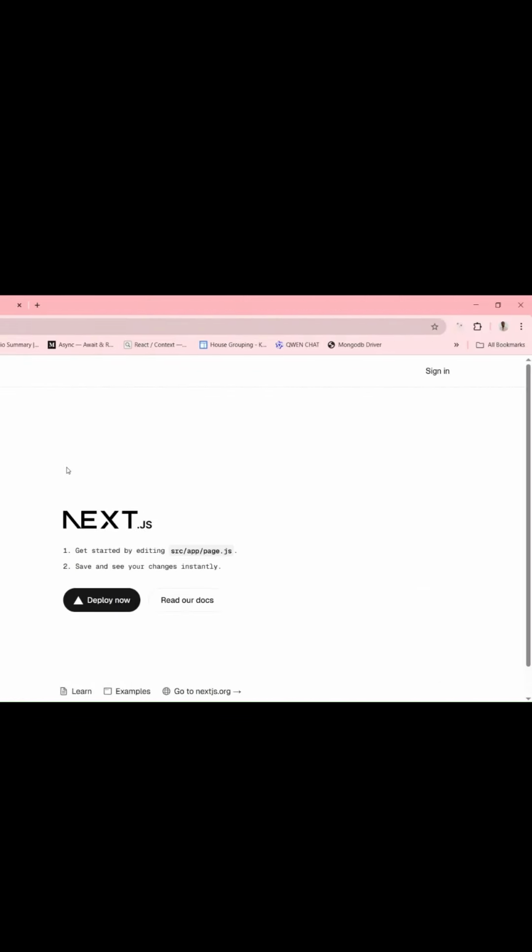So now here you can see that if we refresh this particular page, before implementing the SignedIn and SignedOut components from the Clerk library, you could see all three options over here: sign in, profile and sign out. But now after implementing, we are only seeing the sign in